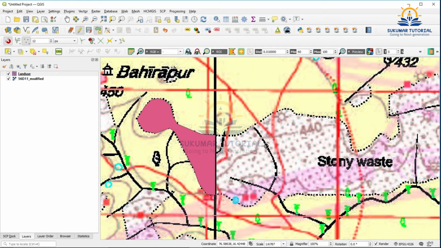Then I have to cover this area. So again I have to go to add polygon. Start from here. Digitize it. Left button. Keep moving towards the stony waste direction. So up to this point I am coming. Just I am coming down.